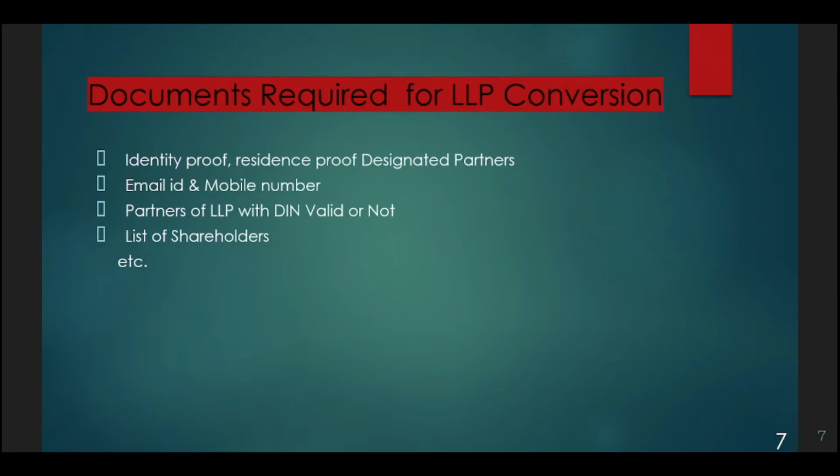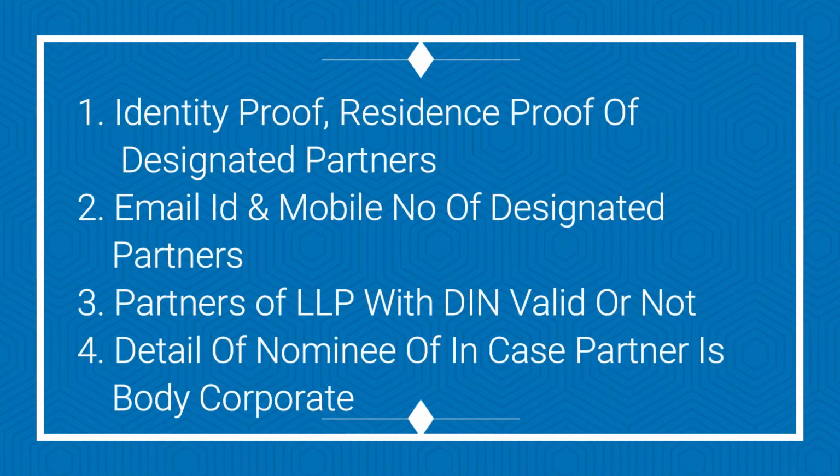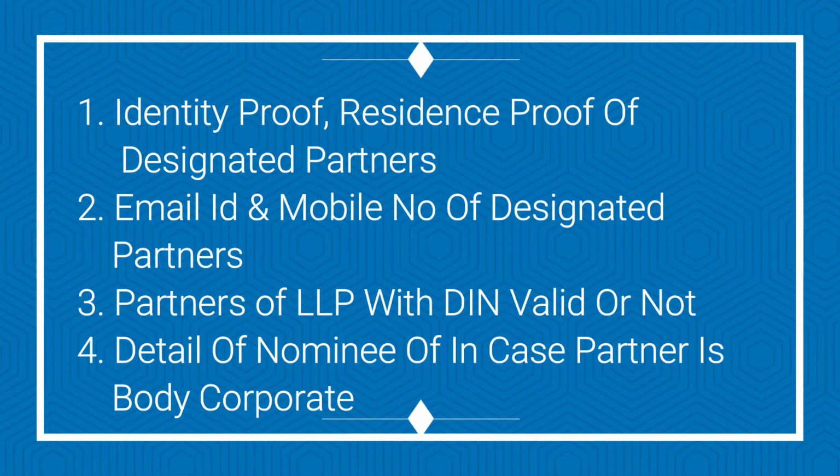These are the list of documents required for LLP conversion. It includes identity proof, residence proof of designated partners, email ID and mobile number of designated partners, partners of LLP with DIN valid or not, details of nominee in case the partner is a body corporate, list of shareholders as on date